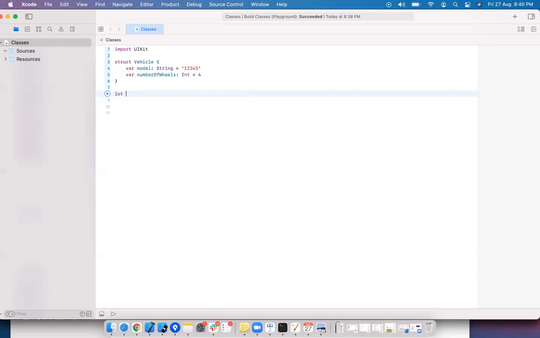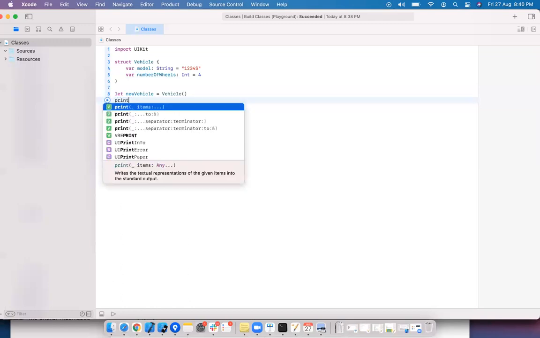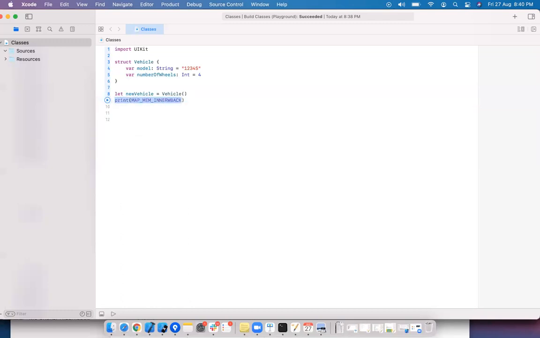When you create a new vehicle of type Vehicle, print new vehicle model, new vehicle dot number of wheels. Even if you create any number of vehicles, the number of wheels and the model name are going to be the same. So when you do not have any values here, it is very flexible to pass custom values.